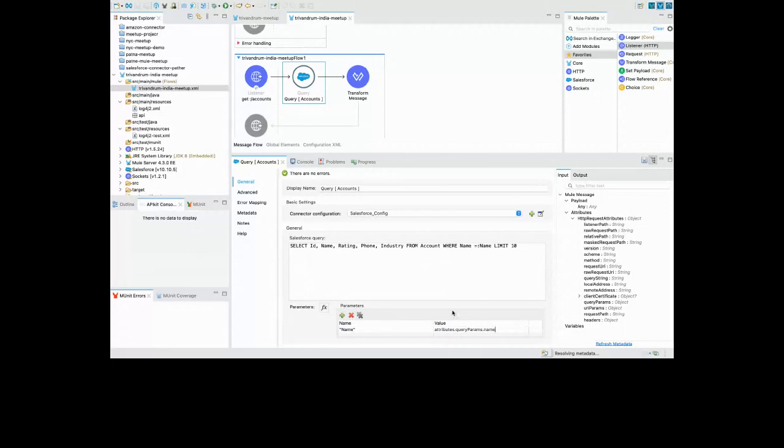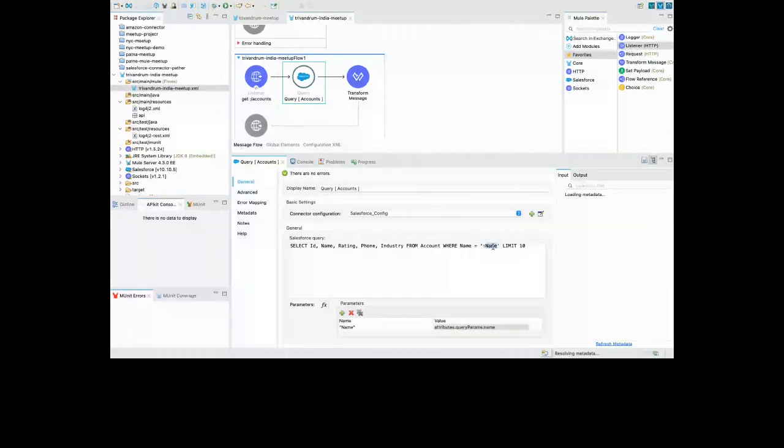Now we have got this. The one thing that you need to keep here is you need to put a colon, the punctuation mark, and your variable name inside a single quote. Then only it will work in MuleSoft. In Salesforce, we usually don't do this, but in MuleSoft, we need to put the colon and the variable name that you have created over here. You can have multiple variable names like industry or phone or any other thing. You can have that over here.